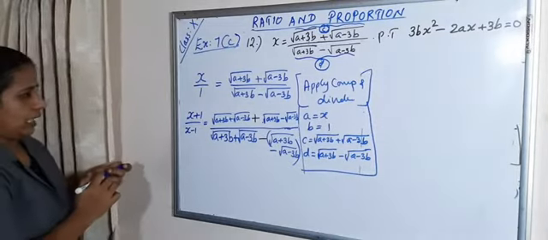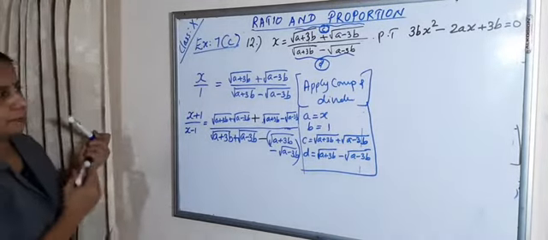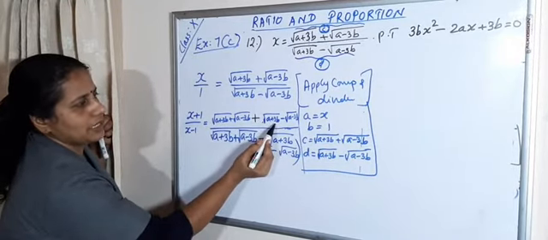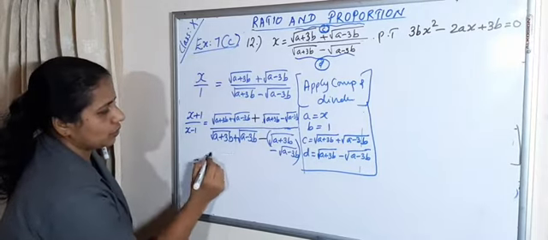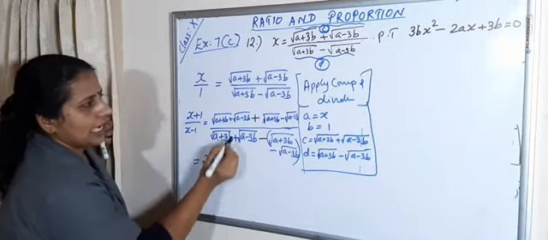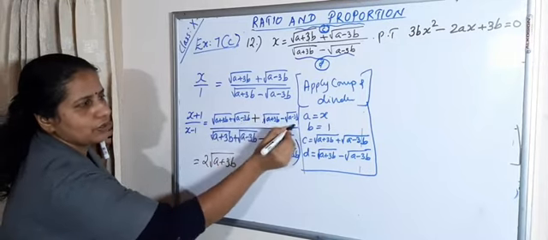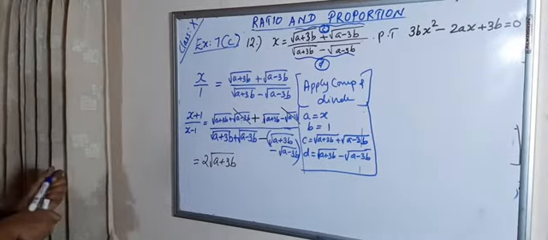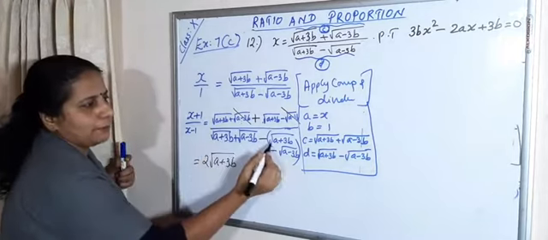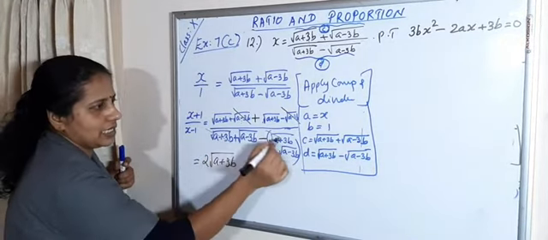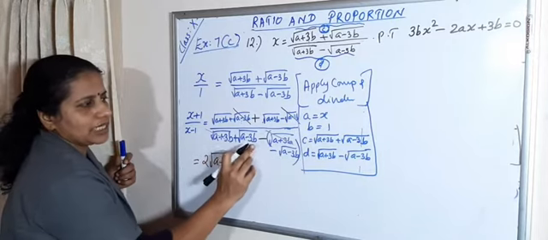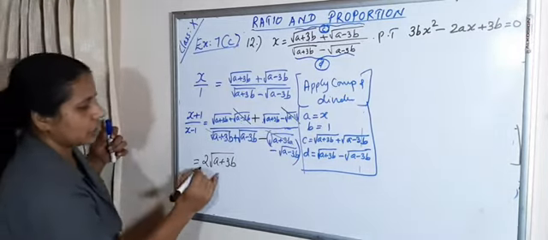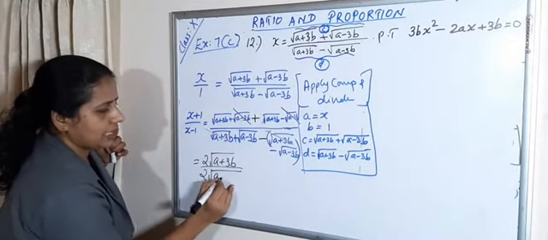Okay. Now, tell me what is a plus 3b. Look at here, root a plus 3b plus root a plus 3b is here. That is equal to 2 into root of a plus 3b. The root of a minus 3b terms cancelled. Next, in denominator, root a plus 3b minus root a plus 3b cancelled. Then root a minus 3b plus root a minus 3b, that is equal to 2 into root of a minus 3b.